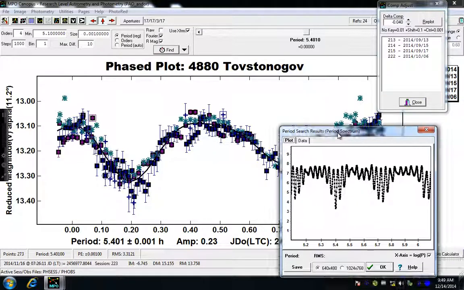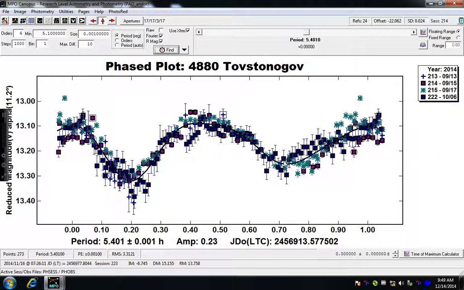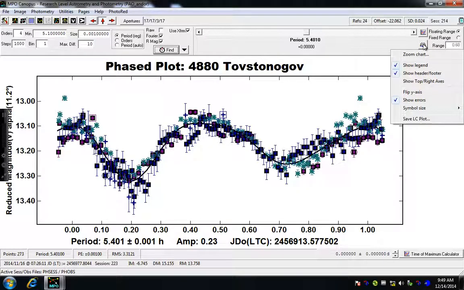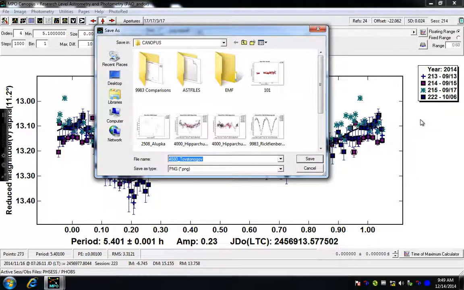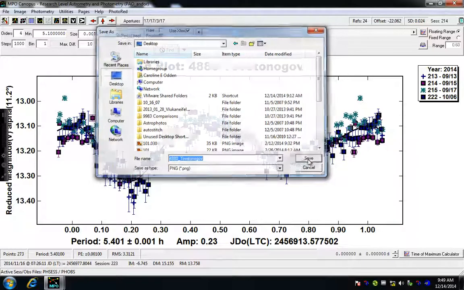So now that you've got a beautiful picture, you can get rid of these windows for a minute. Maybe you want to actually save this picture. You might take a screenshot, but the more robust way to get this curve is to go to this little book icon, and "save LC plot" is save light curve plot. So I'll click on that button, and I'm just going to save this one to my desktop, and I'm going to use the default name, 4880 Tog Stanagov. I'm going to push save,